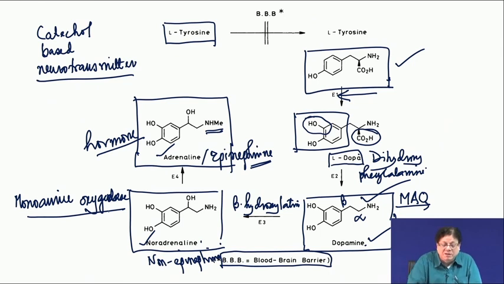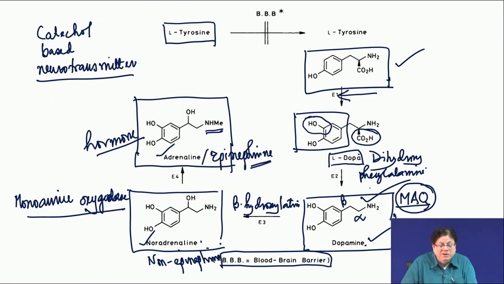One is that the biosynthetic machinery is not functioning properly, and number two is that the monoamine oxidase may be overactive, and that is causing the destruction of the primary amine, which is there in dopamine, which is there in norepinephrine. So, these are the two processes. Okay. Now, monoamine oxidase, you just know it, we are not discussing it. What we are discussing is, if there is a problem in the biosynthetic machinery, then how to increase the concentration of these catechol amines. Okay. This is a catechol amine.